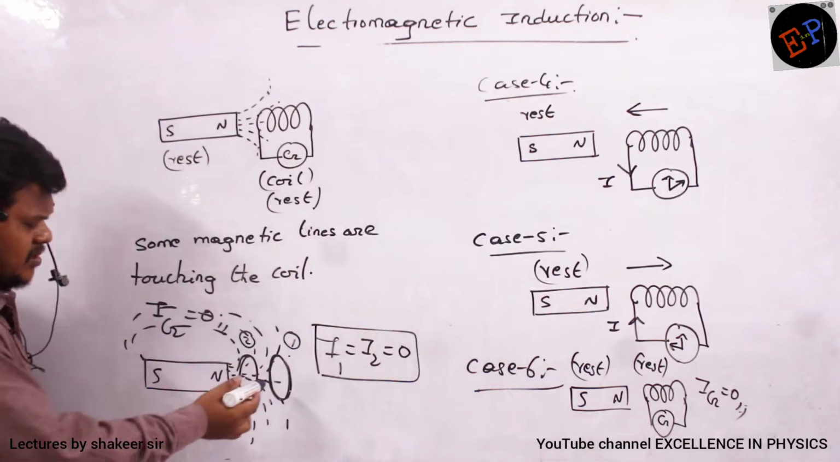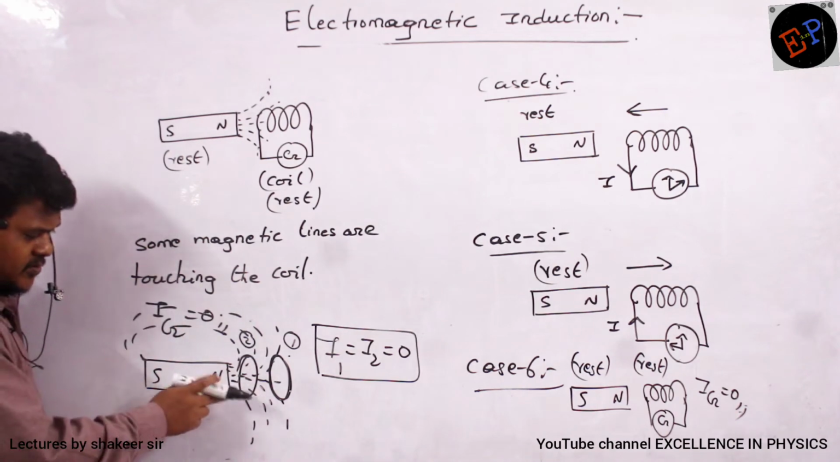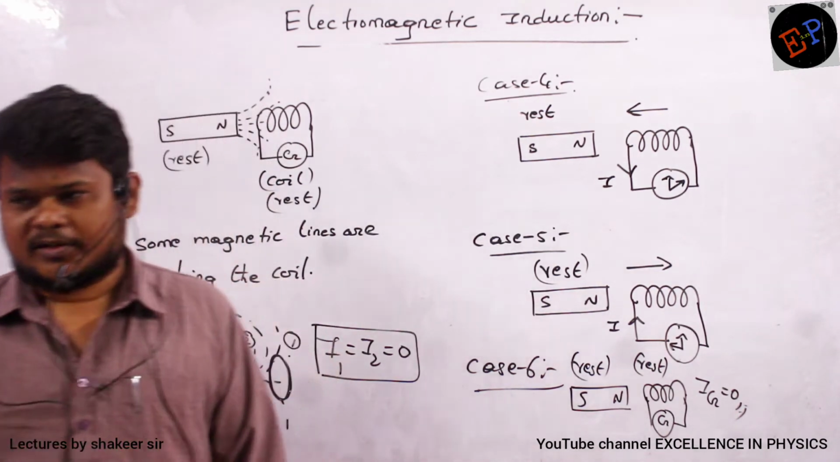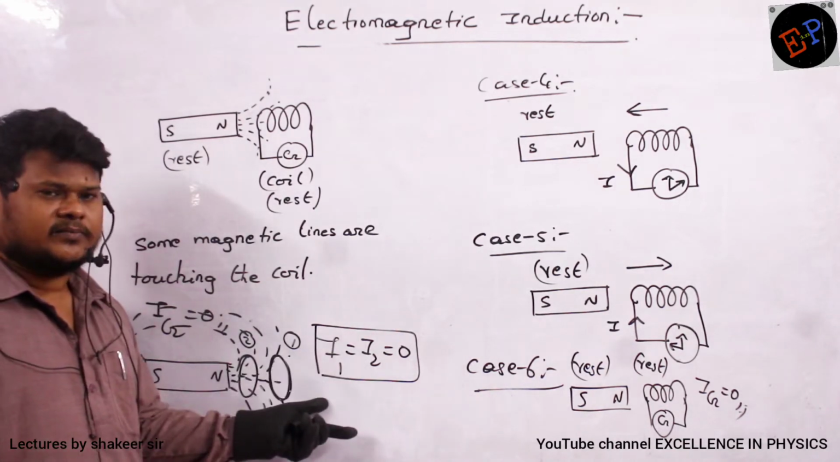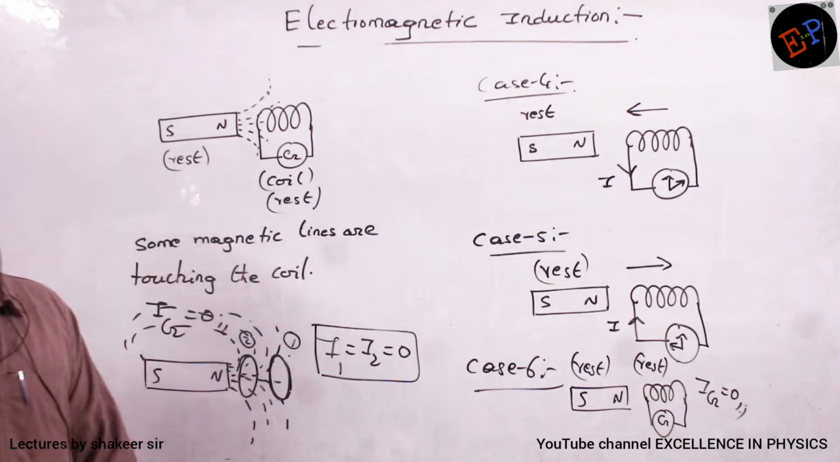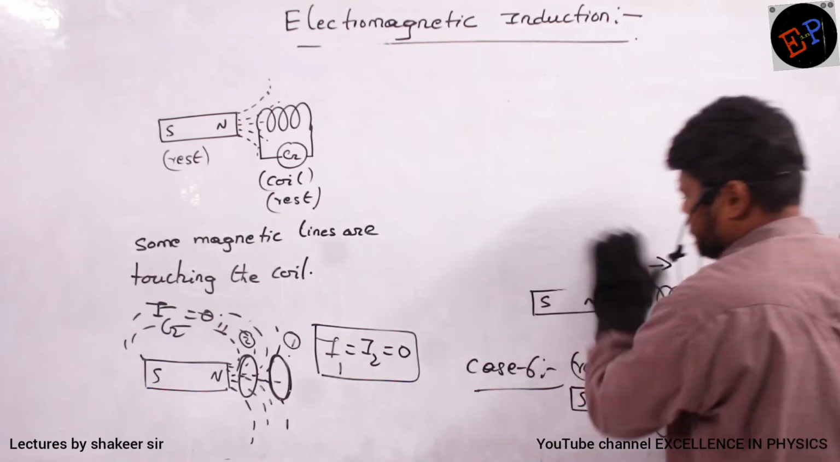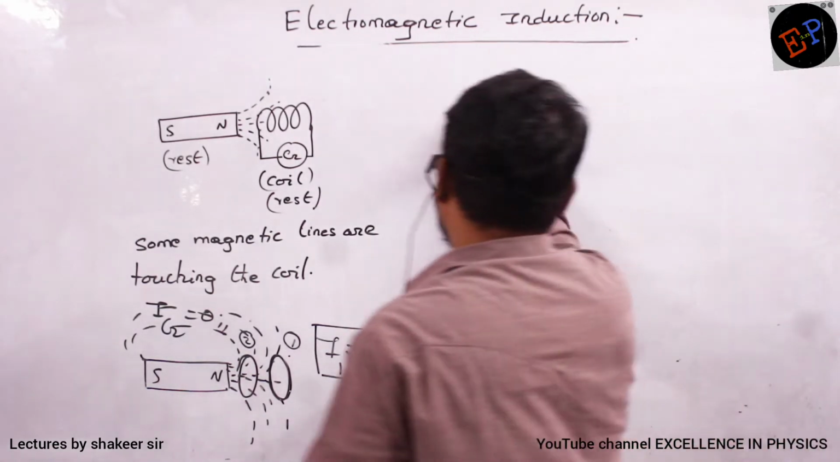So if it is not depending upon position, it also means that the current produced does not depend upon how many magnetic lines are touching the coil. If only 3 magnetic lines are touching, then also no current. If 6 magnetic lines are touching the coil, then also no current. So these inferences I will write here. These are very, very, very important. Clear? Note point is that